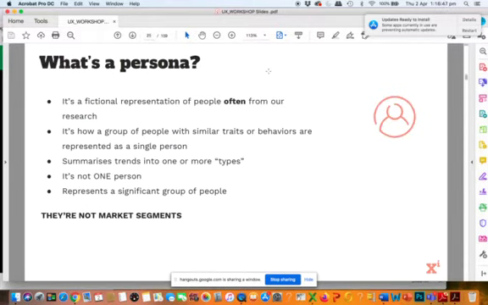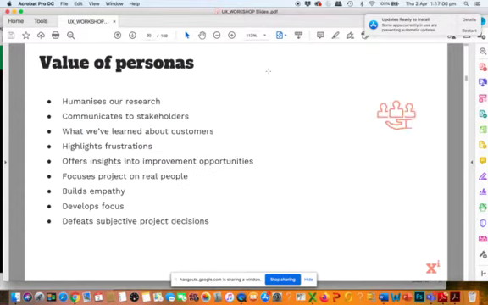So they're not market segments. It is quite different. Yeah. That's kind of market research terms. So persona is a particularly UX terminology. Okay, so we start to interview people for that, and